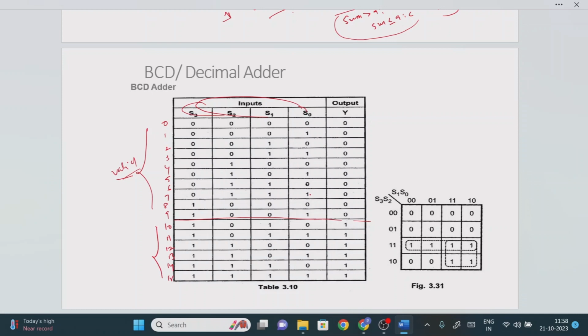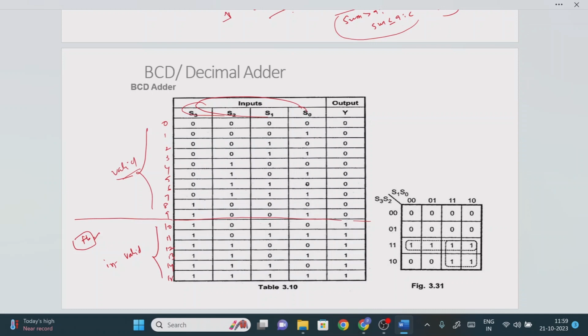So we require only 9, but the moment you take the 4 input values, you will get 16 possibilities. Out of this, we require only 9, so these are not valid, they are invalid representations. How many invalid states? 1, 2, 3, 4, 5, 6. It means that if you are not getting a valid BCD output, we need to add +6. The reason is to skip those 6 states so that we find the valid BCD answer, right?